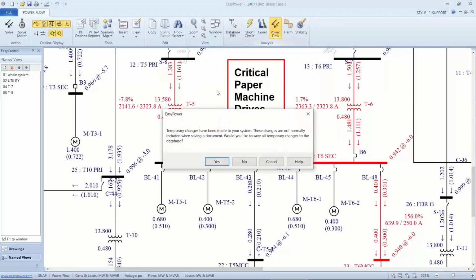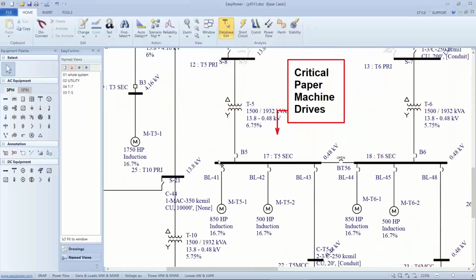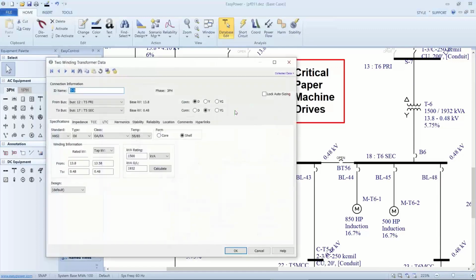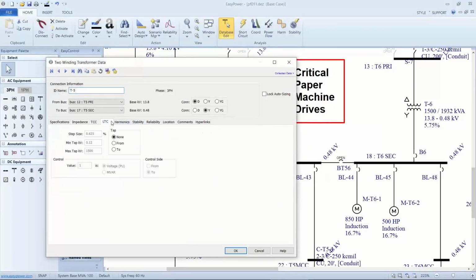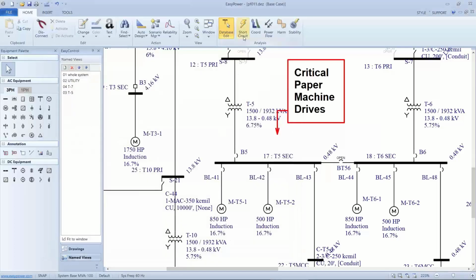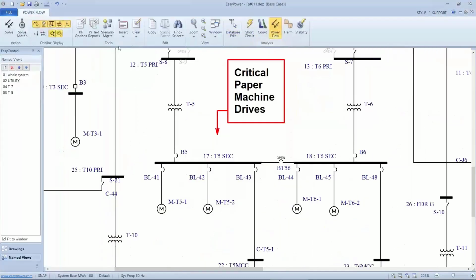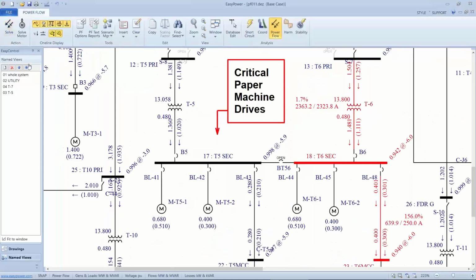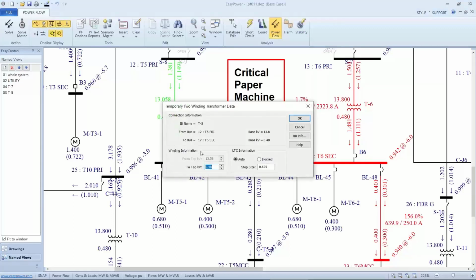Did you guys catch where I made a mistake? It's going to do this again. Okay. Yep, 13.058. Sorry about that. So